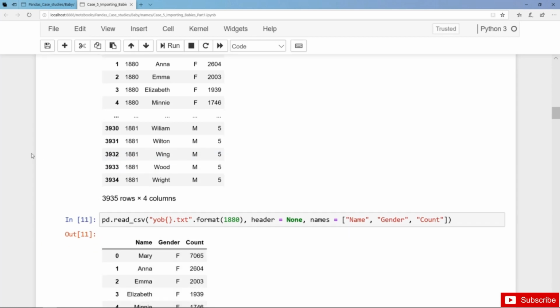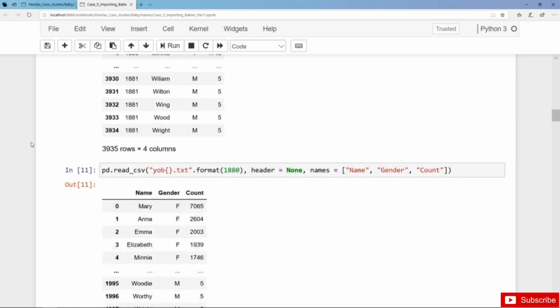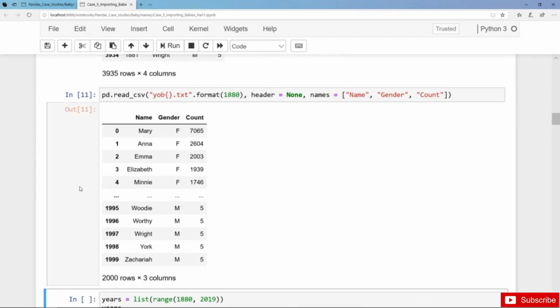And also here we get the data frame for the data set 1880. And again, this is called a string replacement, as we replace parts of the string. And in combination with a for loop, this is really powerful. So now we want to create a for loop that iterates over all years from 1880 to